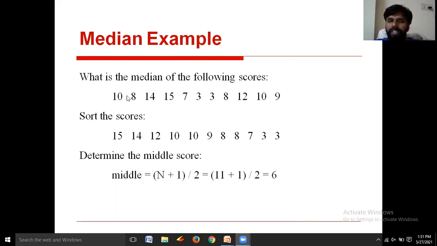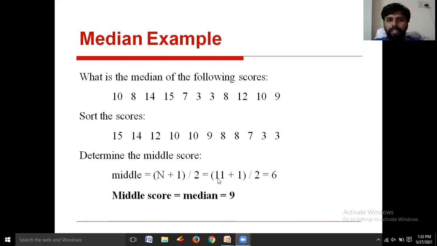See, the input list is arranged in sorted order, in descending sorted order. Then you calculate (N plus 1) by 2. The position should be compared with the sorted elements. That is the important point here. You need to remember. Then this example explains the case where N is an odd number. Why? Because 11 is an odd number, right?